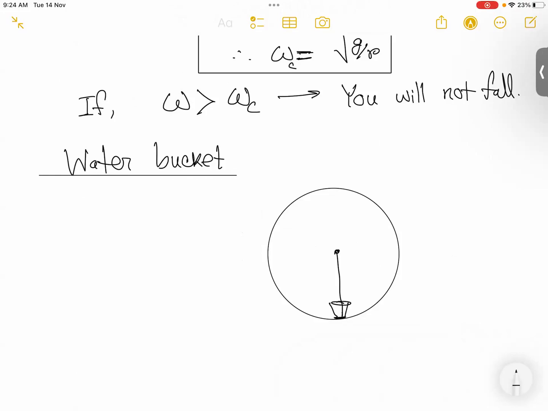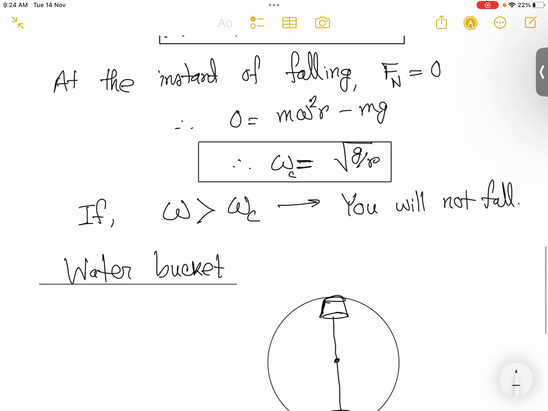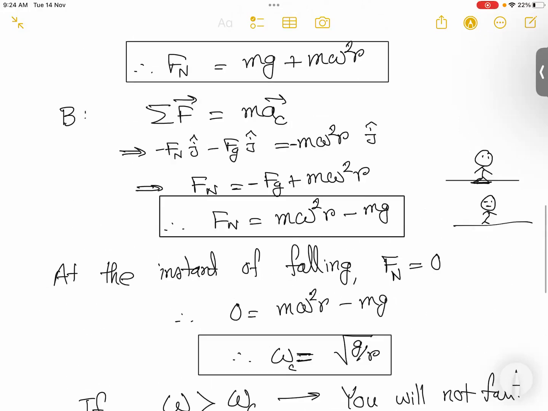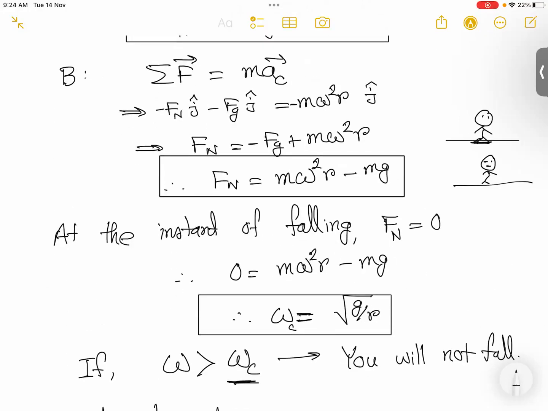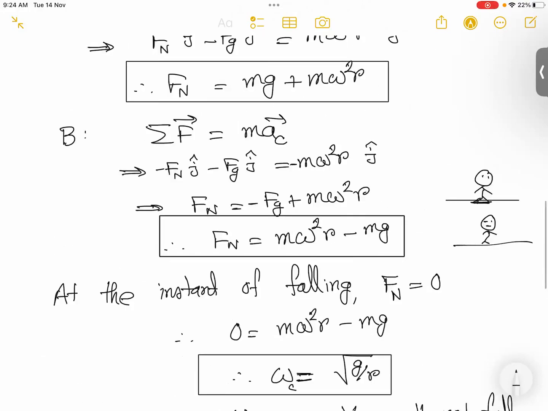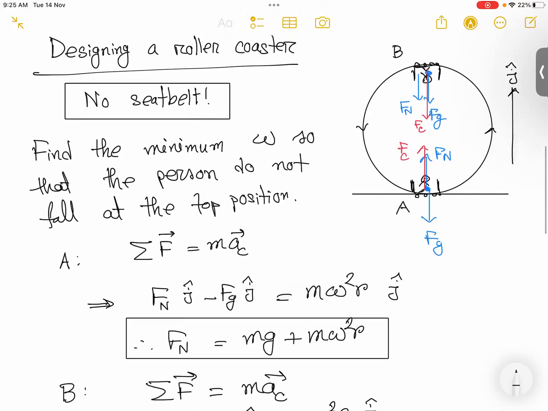যদি ওখানে FN equals to 0 না হয় তাহলে কি হতো? FN equal to 0 না হলে তুমি পড়বে না। যেমন এখানেও তুমি পড়ছো না অ্যাকচুয়ালি, মানে যদি তুমি ওমেগা সি এর চেয়ে বড় অ্যাঙ্গুলার ভেলোসিটিতে রোটেট করো তাহলে FN আর 0 হবে না, FN টা পজিটিভ কিছু একটা হবে। So that means you are staying with that roller coaster. You are not losing contact with that roller coaster. বুঝতে পেরেছো? জি স্যার, থ্যাংক ইউ।